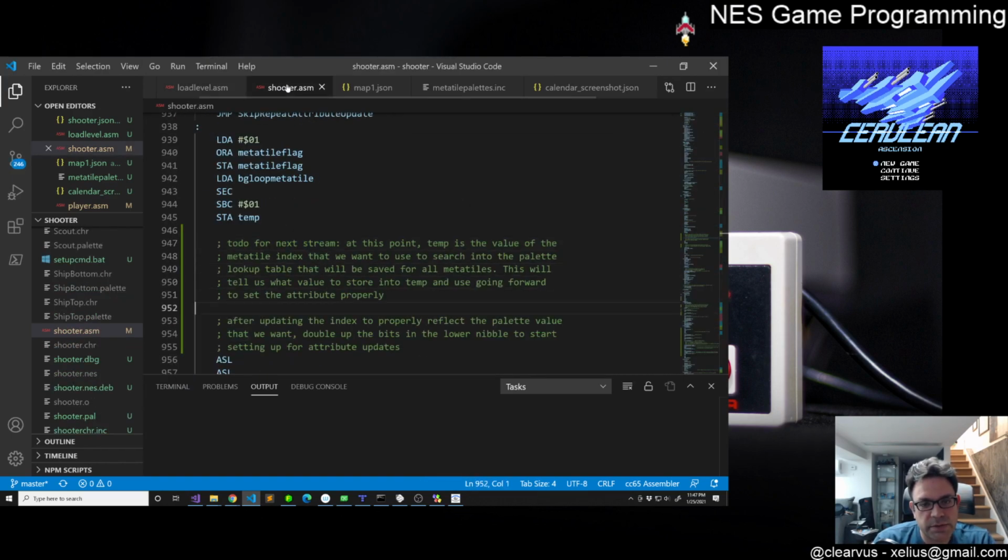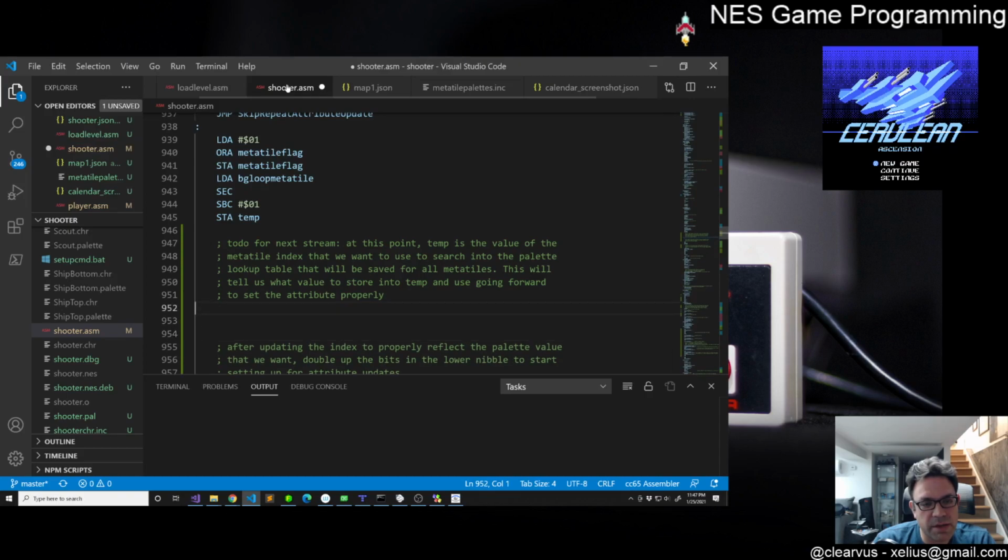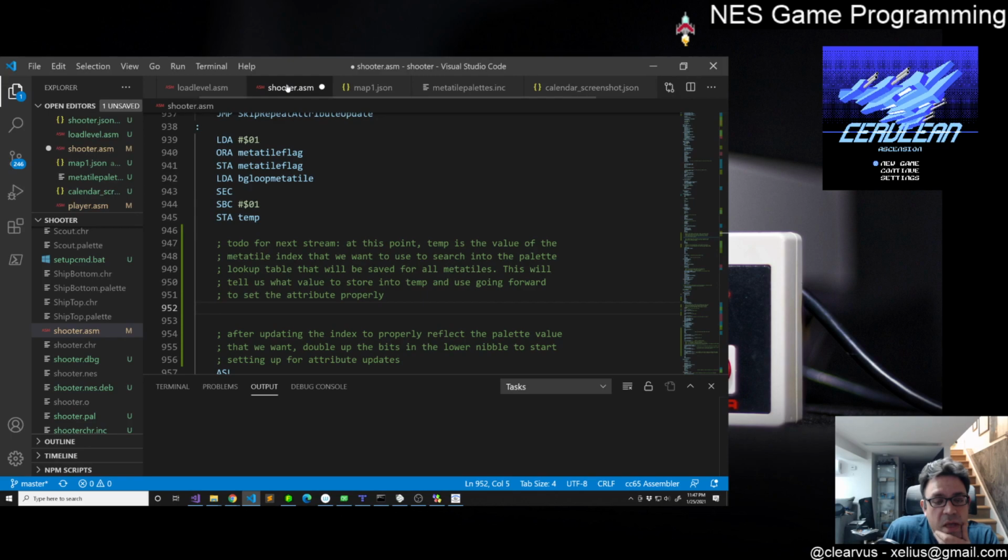So here is the part that I made the note about. So we have a value in temp, right? Temp is the metatile. And what we need to do is look up the attribute for the metatile. We don't want to use the value of the metatile itself like we're doing here. So what we want to do is